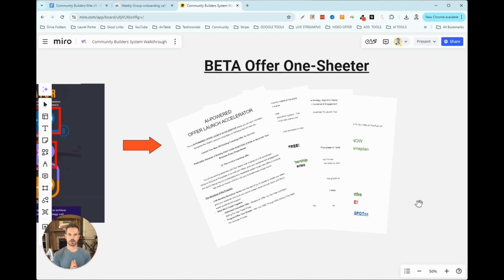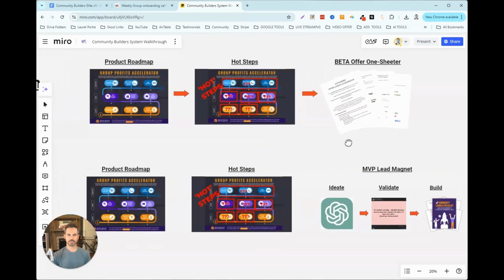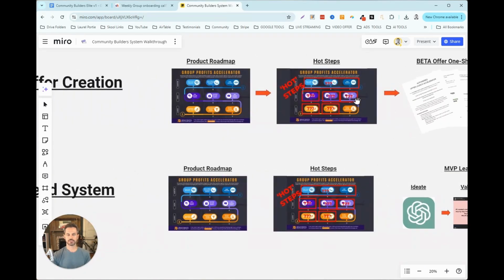I am a huge proponent of selling things before you actually build it, because I don't want to go out and build a program, build a whole big course, and then go out to sell it and nobody wants it, okay? So I want to sell that first, validate the idea, and then I'll actually build the offer or the program. So that's how we build the offer, both our high ticket offers,